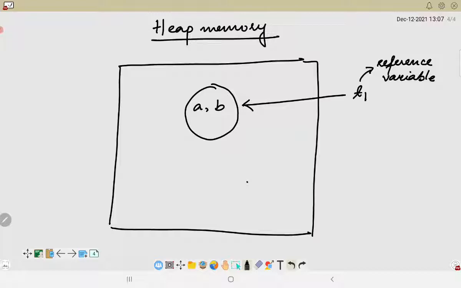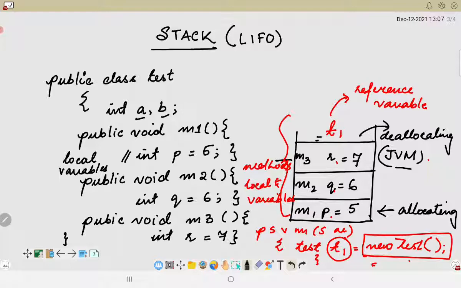Now, let us consider another scenario in which I have a static variable here. Let us consider static int age.